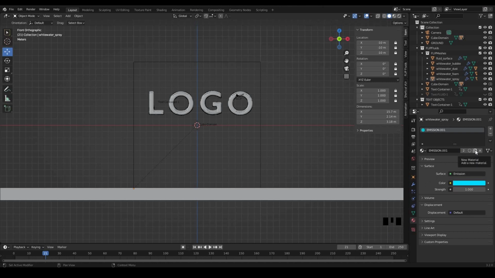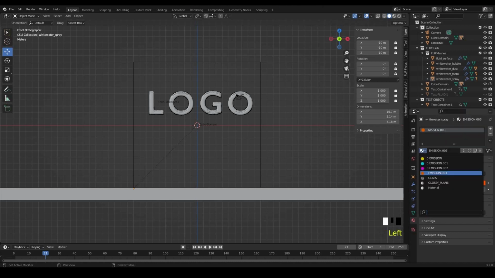I will duplicate again and make another color, something like pink or whatever you want. I will again duplicate this material, so there is a 4th emission material, and I can change to another color. So you can see I have created 4 light emitting or emission materials,